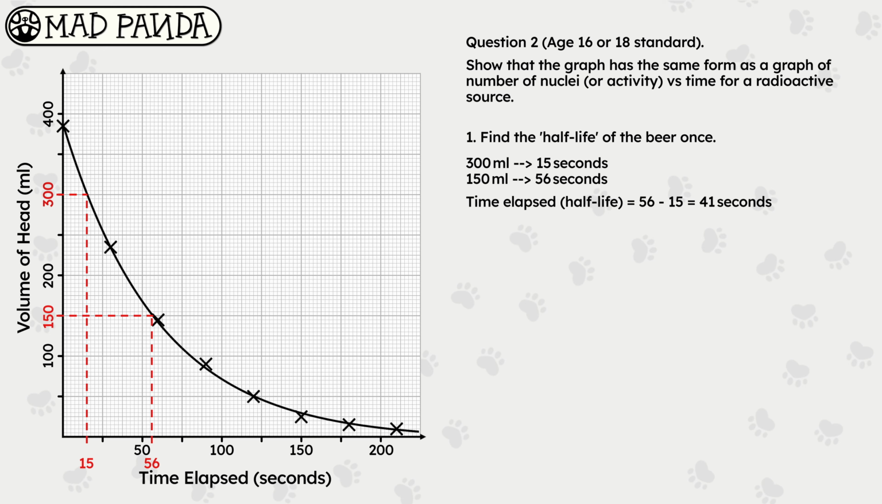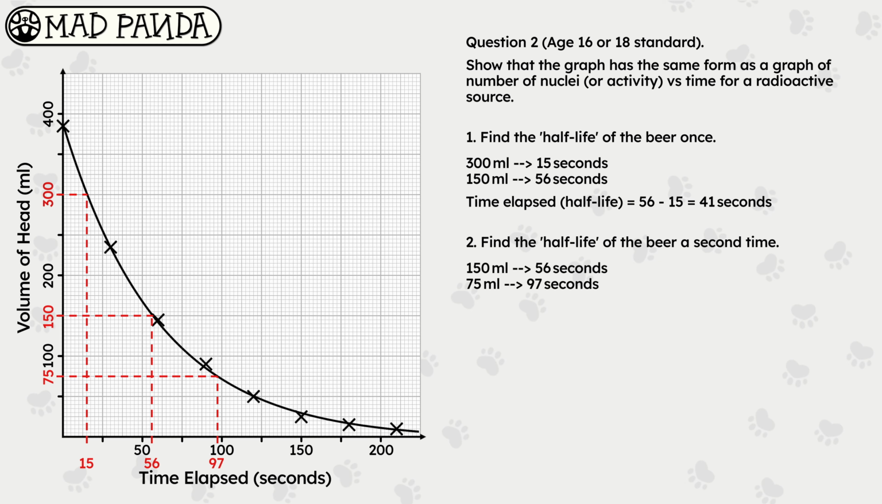And then what we need to do is show that when we repeat this process on a different part of the graph, we get the same half-life again. So we could just use two arbitrary positions again, like we did last time, but what I'm going to do for my second reading is see how long it took to go from 150 millilitres volume to 75. Reading off the graph, that looks like it went from 56 seconds to 97 seconds, so that's 41 seconds